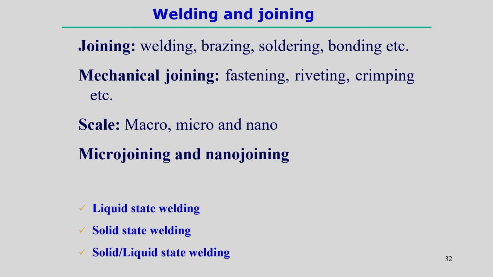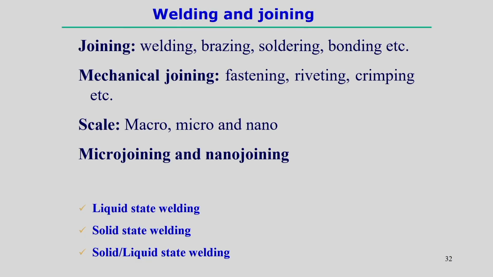Micro joining processes can also be carried out under a microscope, and that may be required for some micro devices, MEMS structures. There you can find lots of applications of micro joining processes, even if you want to develop some medical devices and medical components. We will discuss that. The advancement of micro joining processes we will discuss on that particular thing. But broadly, the welding processes can be classified in this way.